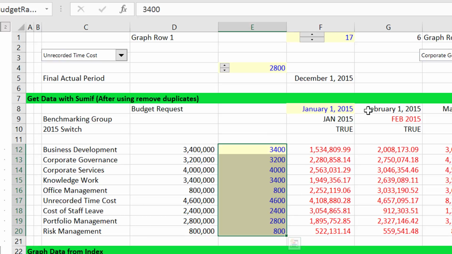Now, I suppose you could do one more thing, and I think I'll do this. You could change that and say, oh no, if I'm going now on unrecorded time, this started with 4,600, so maybe I should recalibrate this. But before we recalibrate it,